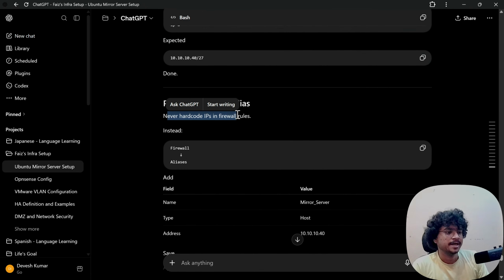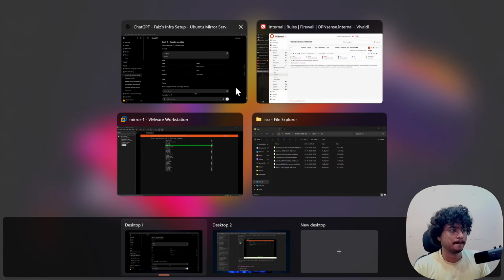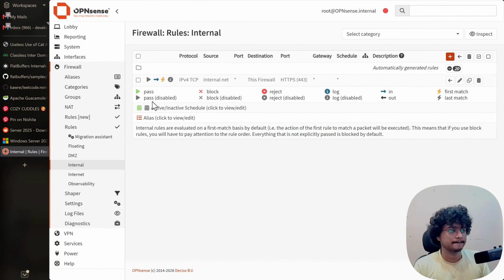Never hard code IPs in firewall rules, use firewall aliases instead. Okay. Firewall aliases.